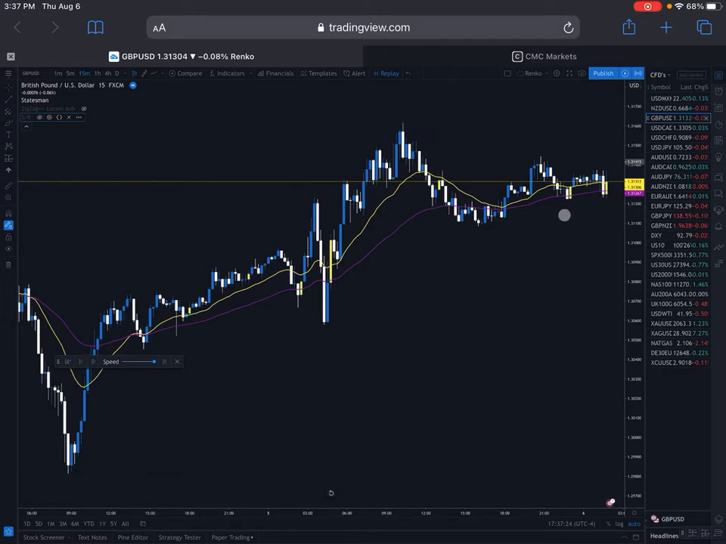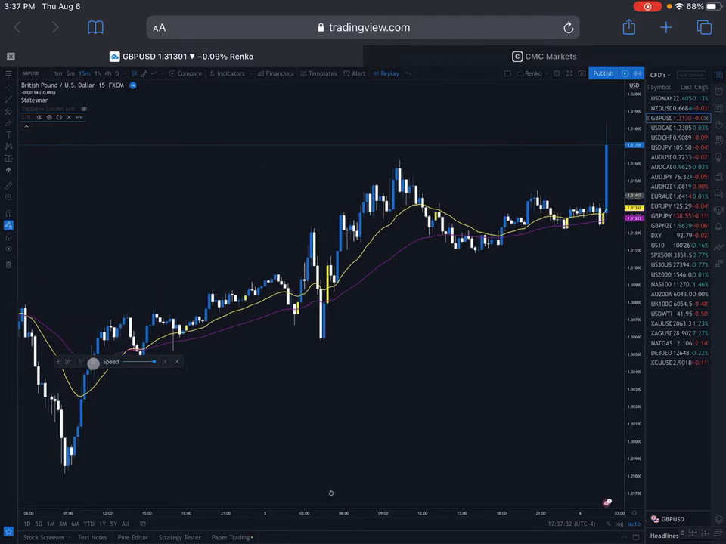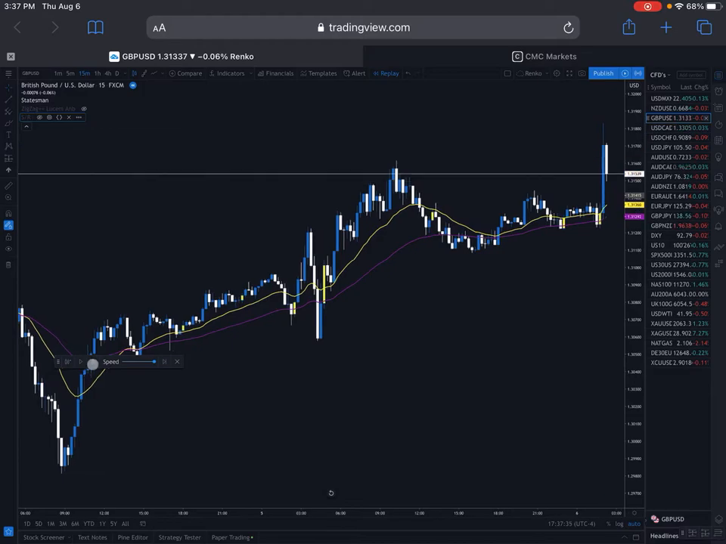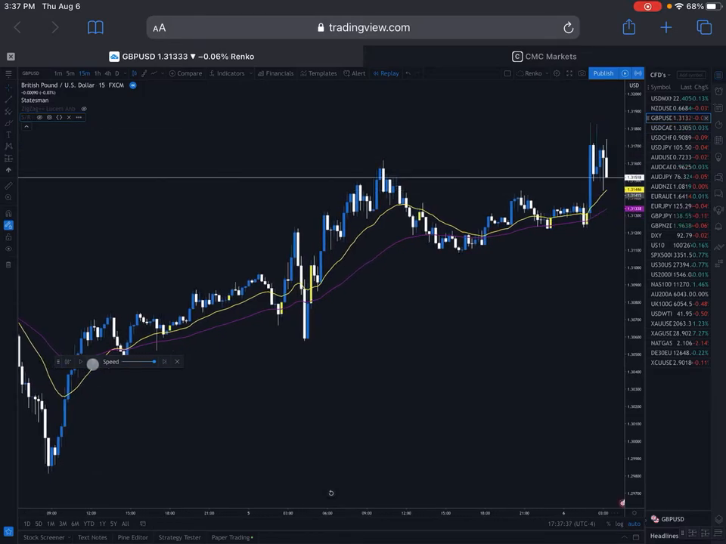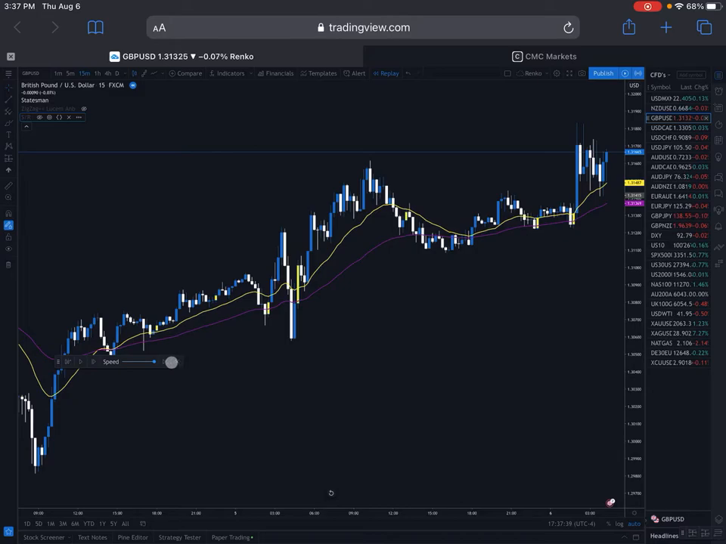So I thought it was probably a good time to get in, and I ran a stop just below these lows. And that trade worked out nicely. You can't beat it when the trade goes pretty much immediately in your direction. So that was the pound dollar. Now,